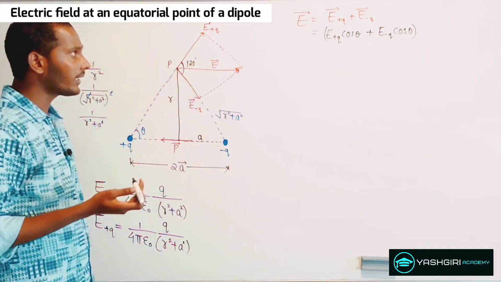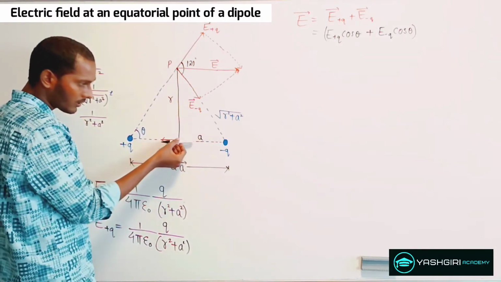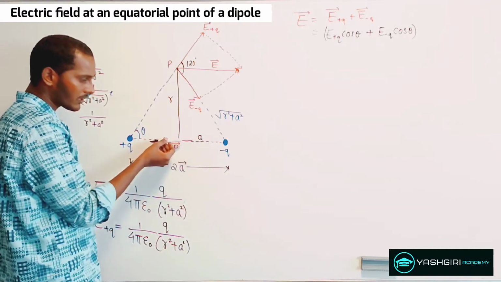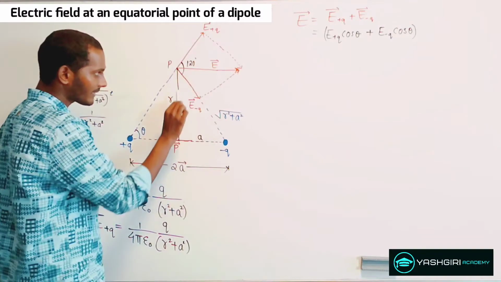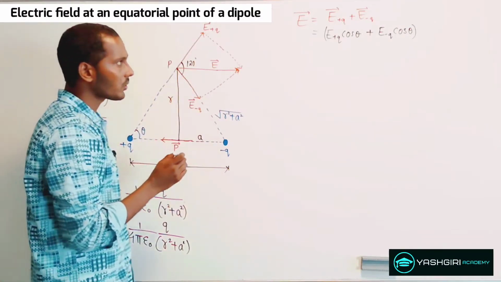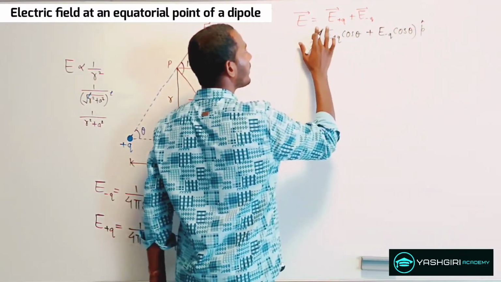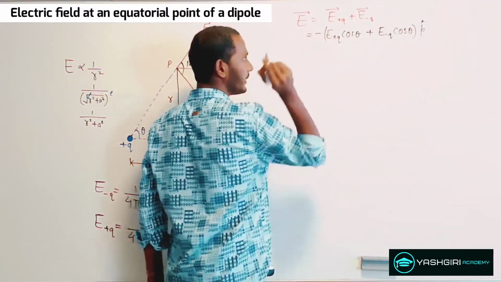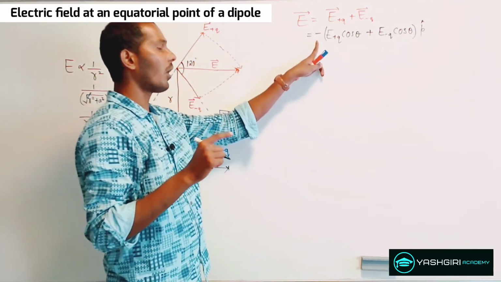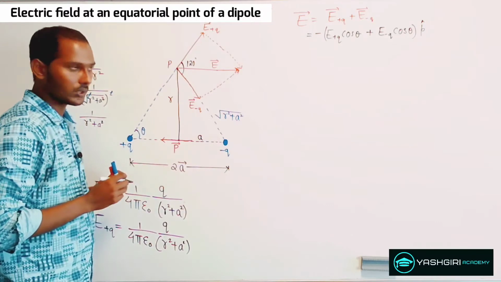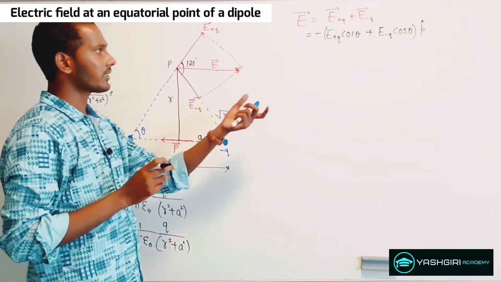And if you just see the direction, I said it is pointing towards the right. Now if you want to write the direction of the electric field with respect to the dipole moment, the dipole moment is towards the left, from negative charge towards the positive charge, and the electric field is pointing towards the right. So which is exactly opposite to each other. So I can make use of a unit vector p cap, and here I can write it to be negative. So the net electric field that you will get is opposite to the dipole moment over here.